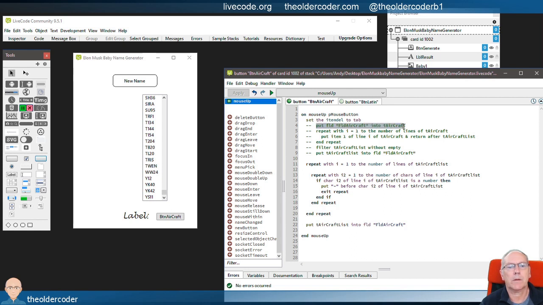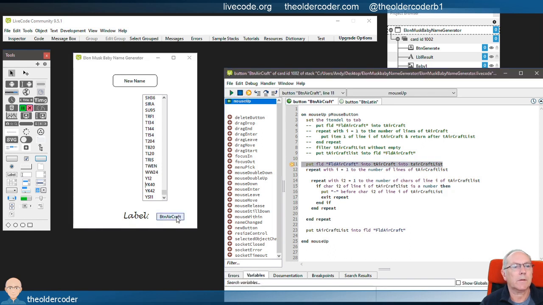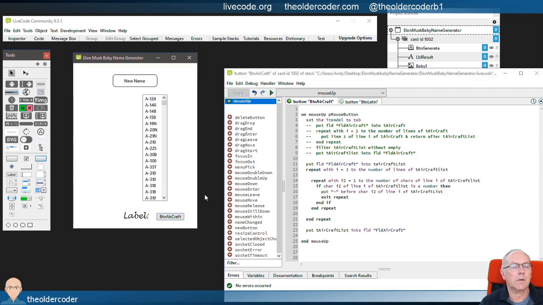So let me just copy this out, field aircraft, into T aircraft list. Let's just try that again before I look at anything else, because that's the first thing that put field aircraft into. Yeah, that's what happens when you copy into T aircraft list. Okay, so that's all that happened. The variable T aircraft list didn't